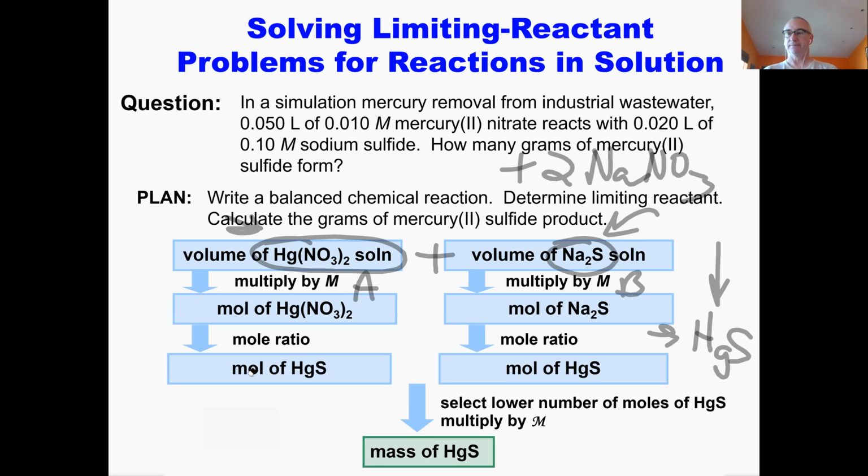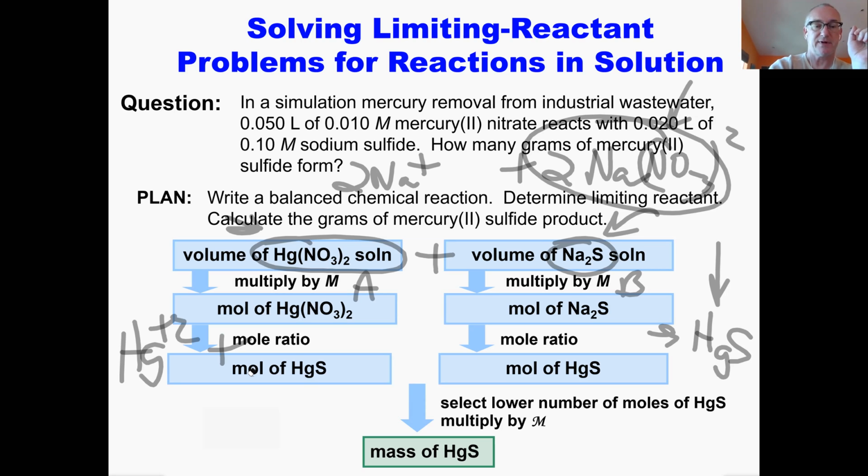sodium nitrate. But we don't really care about that, because what are these ions? Because that's an ionic compound. What do we call those? Spectator ions? Right, because this is going to be in water, so I'm not actually going to make this. That's not actually going to form. What I'm going to get is 2 moles of sodium ions and 2 moles of nitrate ions. I had them at the beginning, and I'm going to have them at the end. So they're not really involved. So my net ionic equation is Hg2+ plus S2- makes